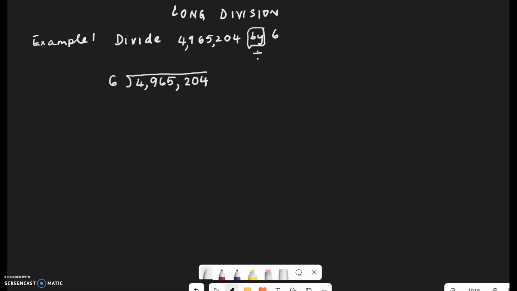Now we go starting from left. We have a 4. 4 is less than 6. So 6 goes 0 times into 4. We subtract to get a 4. Immediately pull the next digit down. And then again ask yourself, how many times does 6 go into 49? 4 times